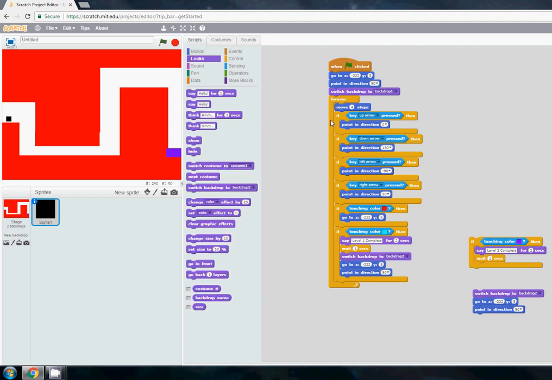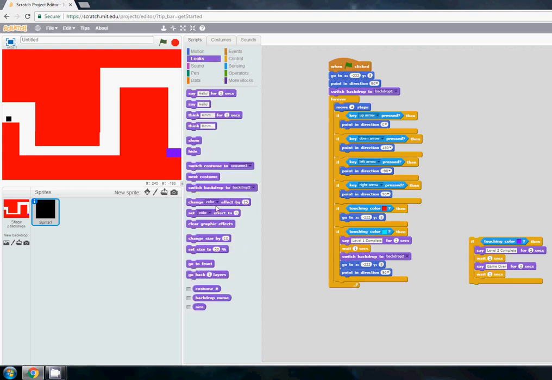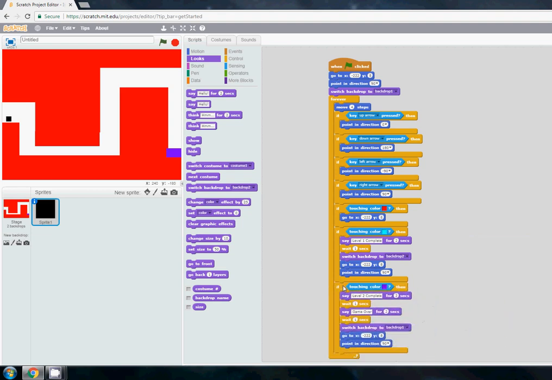Then I'm going to say game over, and I'm also going to wait a second. And then what I'm going to do is I'm going to get it to switch to background 1. Okay, and start again. And again, I'm just going to duplicate these 2 bits of code so it starts in the same position pointer. So what my game will do now, if we play it,